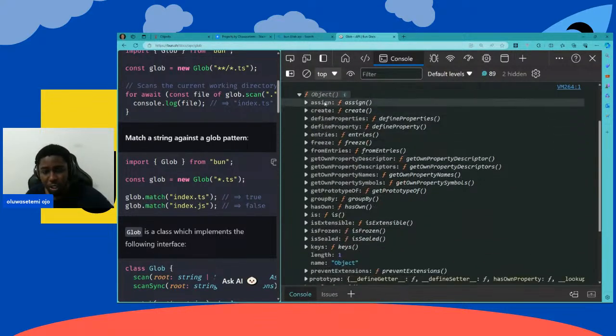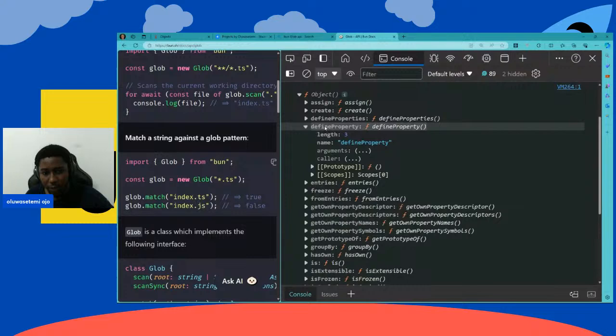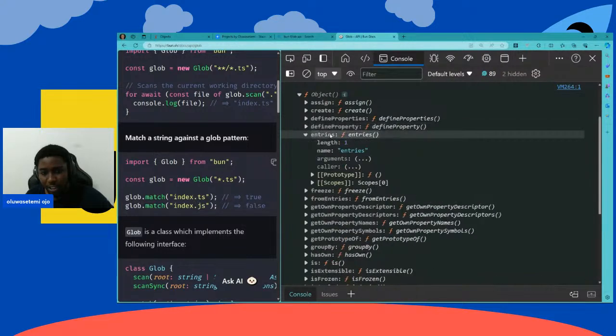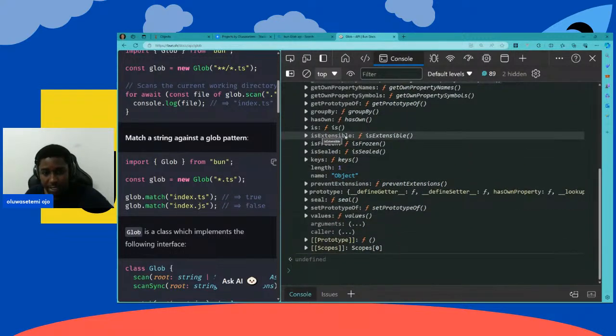You have Object.assign, Object.create, Object.defineProperty, Object.entries, Object.freeze, Object.fromEntries, Object.getOwnPropertyDescriptor, Object.getOwnPropertyDescriptors, Object.getOwnPropertyNames, Object.getOwnPropertySymbols, Object.getPrototypeOf, Object.groupBy, Object.hasOwn, Object.is, Object.isExtensible, Object.isFrozen, Object.isSealed, Object.keys, and we also have Object.prevent